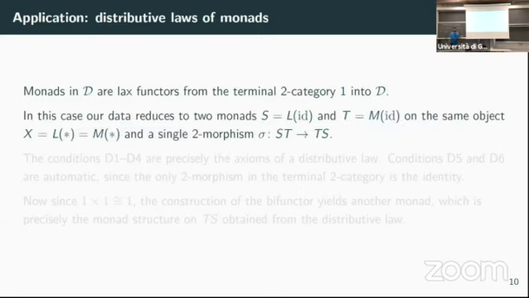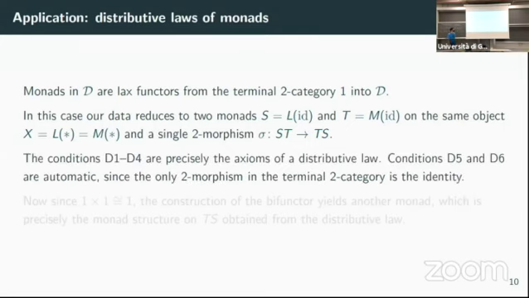So now let's see what we get in this case. So suppose we start with some monads. In this case, we aren't going to have a family of functors because we're just going to have a single object. So we'll just have a single functor in each case. So these will be the functors underlying 2 monads. And the compatibility condition on the objects says that the monads must be on the same object in the category. And there will be a single 2 morphism that goes from the one composite to the other one. And now this is very much looking like a distributive law. And indeed, our conditions, which I called D1,